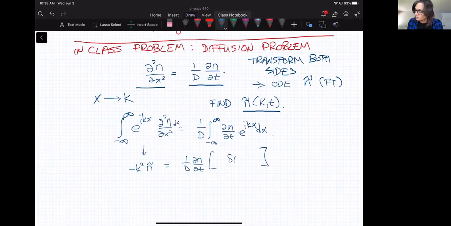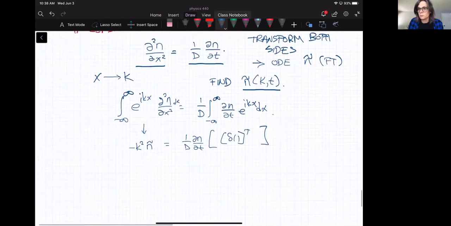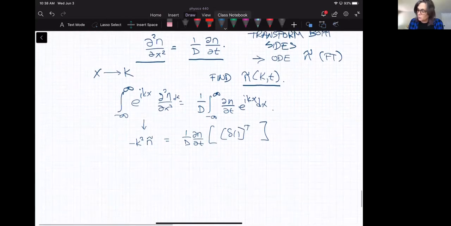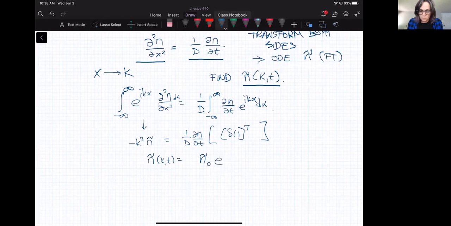becomes the delta function, or the transform of the delta function, which takes care of, essentially there's a constant in there of 1 over root 2 pi. So if you do the transform, we're just kind of canceling out the root 2 pi's. What this means then is the Fourier transform, say, okay, t here is now n naught tilde, right? Times e to the minus D,